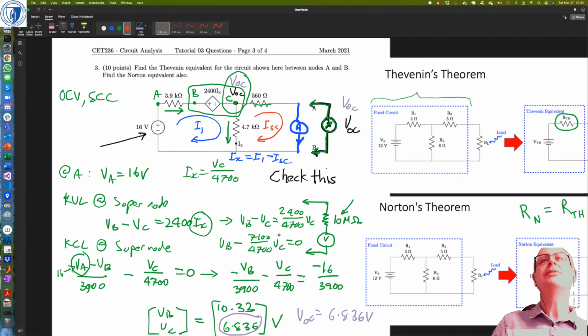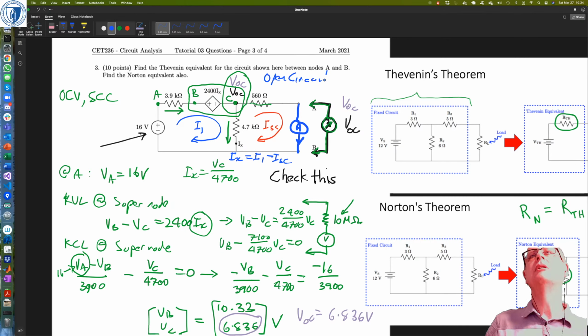Okay, yeah, so what we're doing is we're applying the open circuit voltage, which we got down here, and short circuit current